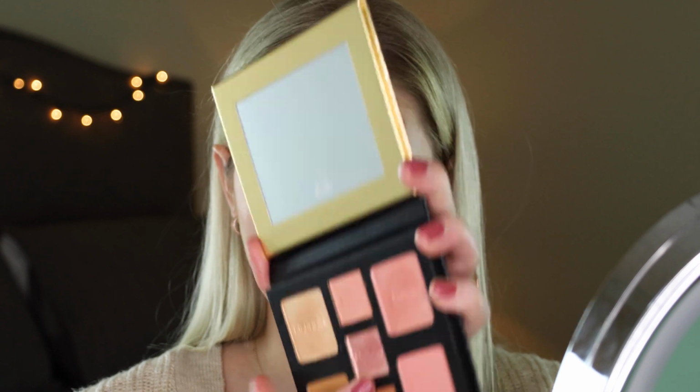Again, here I'm noticing the same thing with the face shades in here: very soft, very powdery shadows, lots of kickback, so I'm just making sure to tap off my brush so I don't get a ton of fallout. Moving on to the lid, I'm going to use the middle shimmer shade for my lid, and upon swatching this,